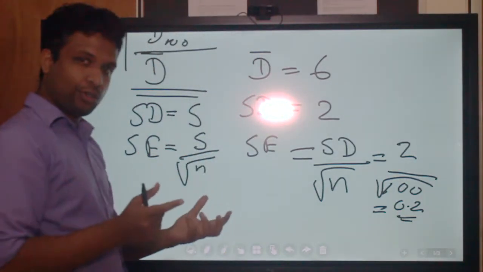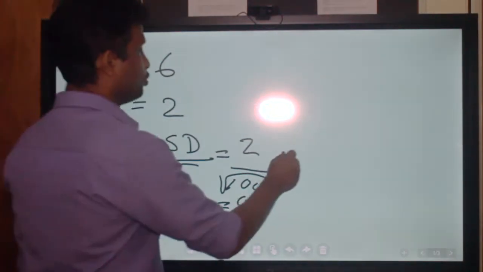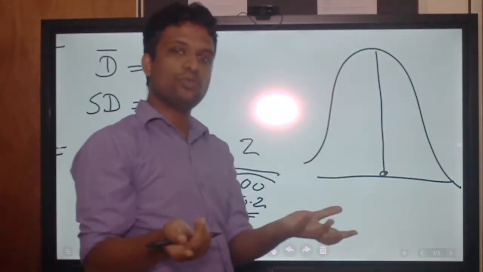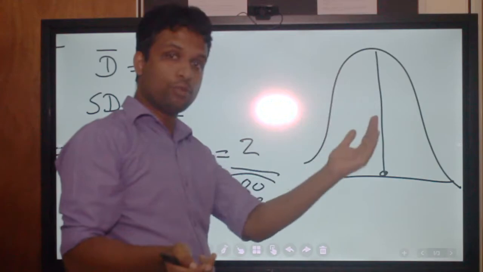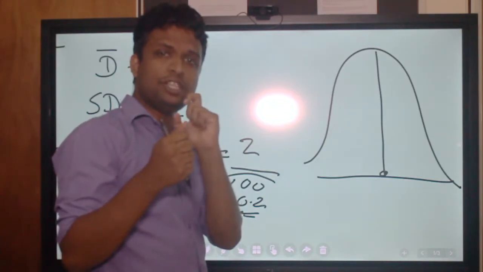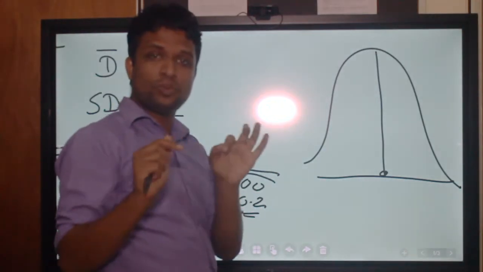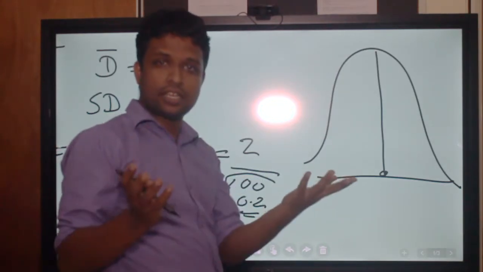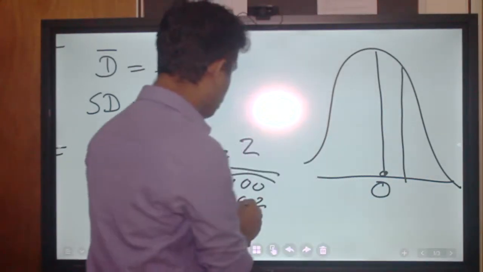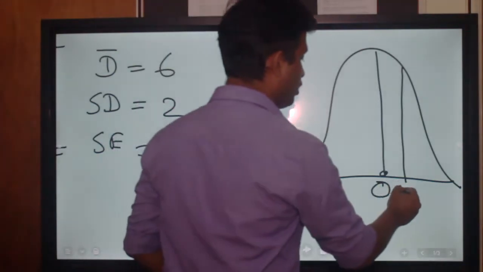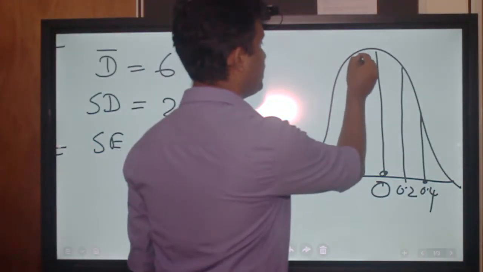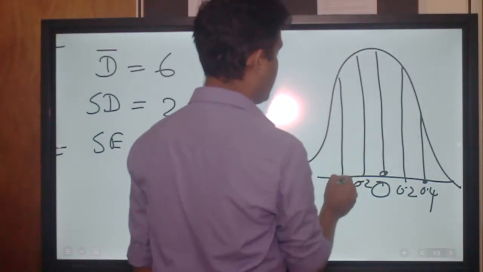Now you can draw the null distribution. In this difference case, if there's no significant difference between pre and post values, in the null distribution, the mean should be 0, because I told you even in the previous lectures, all the differences between the individuals will be plotted on either side of 0. Now this mean should be 0 and standard error is 0.2. So the first standard deviation we should have 0.2 and the second 0.4. Towards the minus side, minus 0.2 here and minus